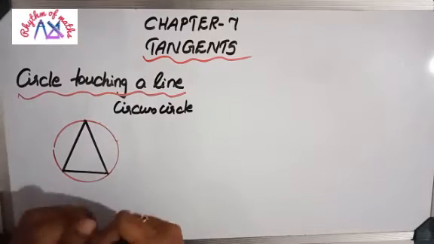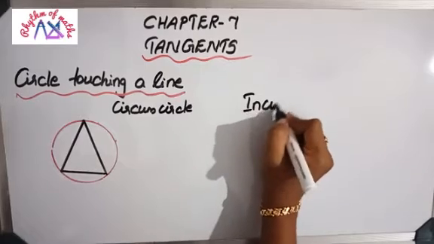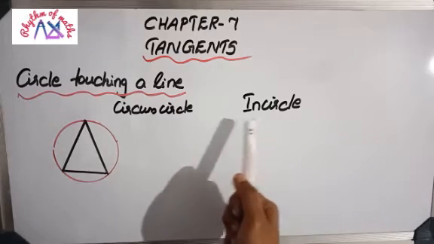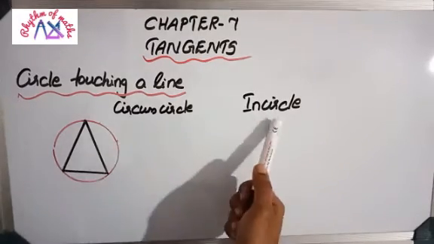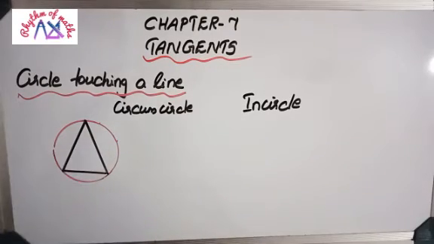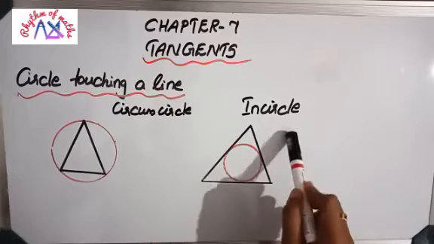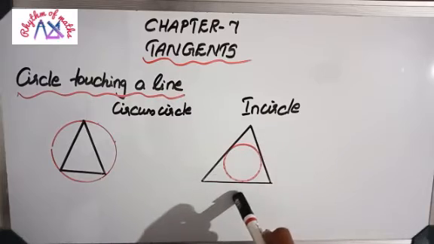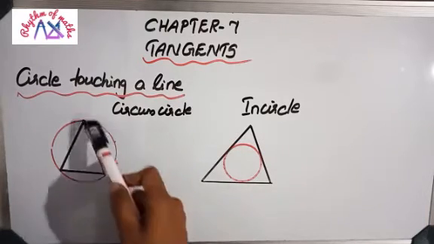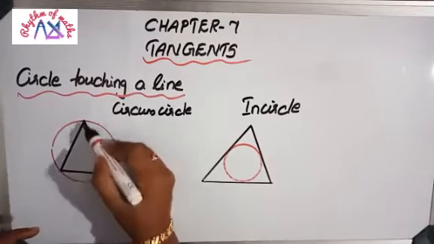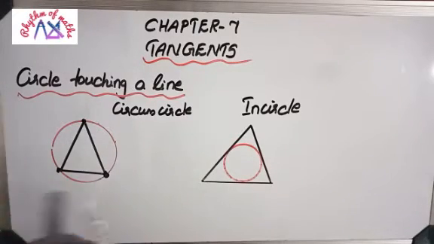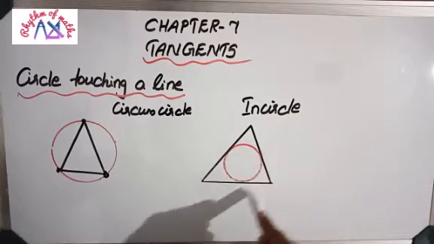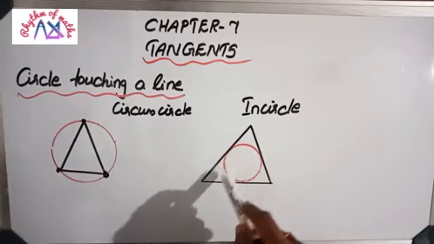Now here in this section we have to learn about incircle. Okay, our topic is incircle. The name itself means this. Incircle means inside, that means the circle must be inside the triangle like this. The speciality of incircle is that the circle will be inside the triangle, that means all the three sides of the triangle will touch the circle. Circumcircle, all the three vertices will touch the circle. But incircle means the circle is inside the triangle with the sides touching the circle.